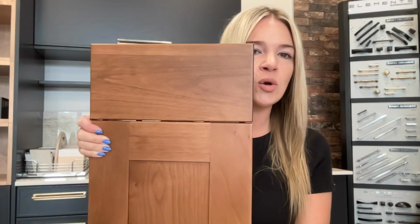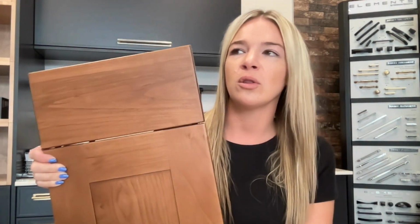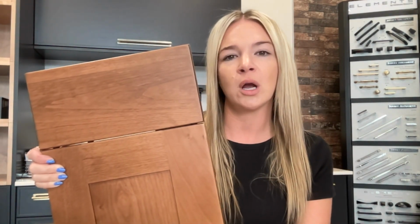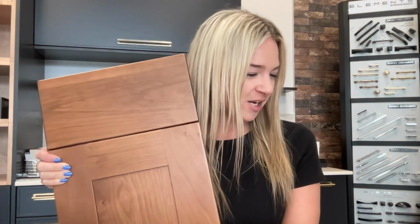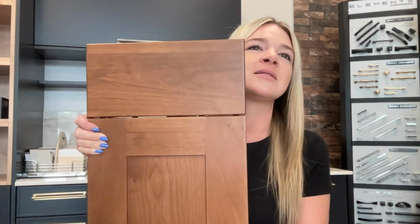And the reason why we chose the index door is because when you know the Bellmont line, you know that not every door comes in every finish. And the index door comes in a wood finish, and actually a lot of different wood finishes, but also in a paint finish. And we did a two-tone selection in this kitchen, and I'm super excited about that because she